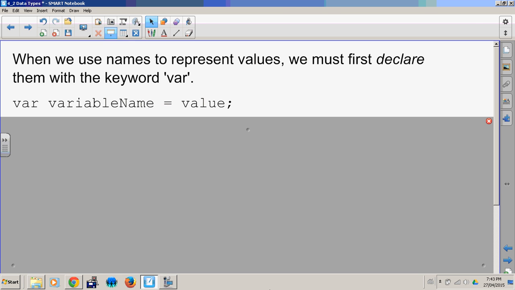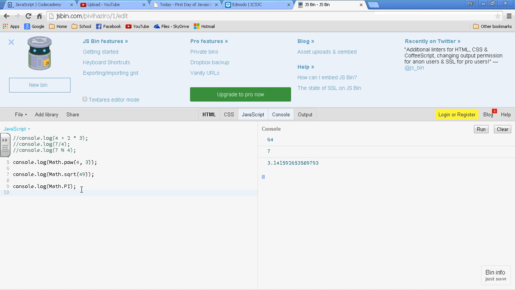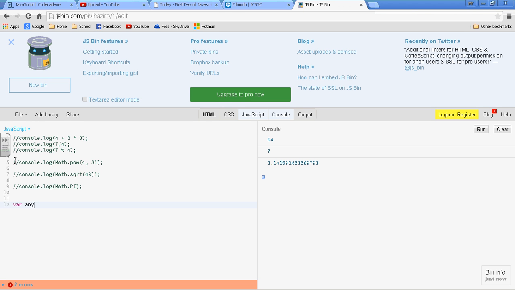So if I wanted to show you that, in JSBin, I'm going to comment that stuff out. So if I had var, and I could put any old variable name, and it equals, I don't know, 3.14. Doesn't matter. And so that's a valid statement. Notice that if I ran this, nothing would happen because I haven't asked it to print anything out. It would have this any old variable in memory, and then if I wanted to print that out later or use it in a calculation,